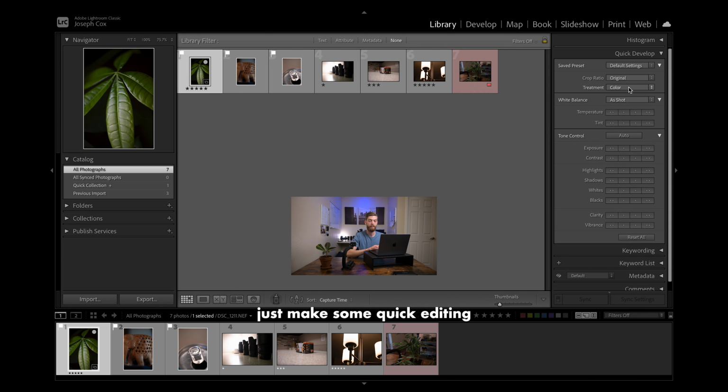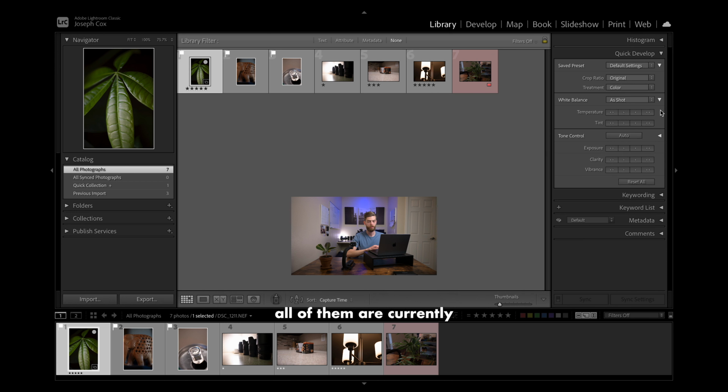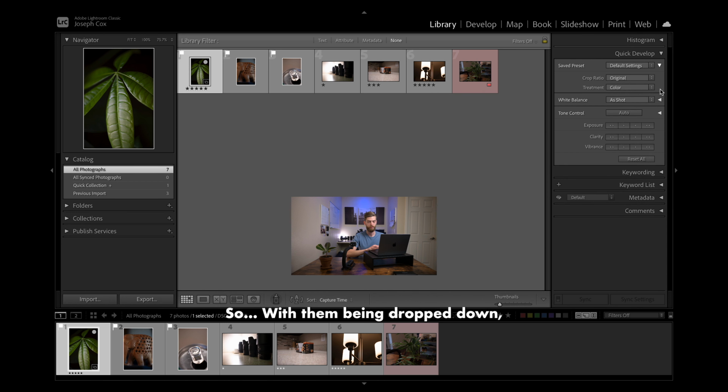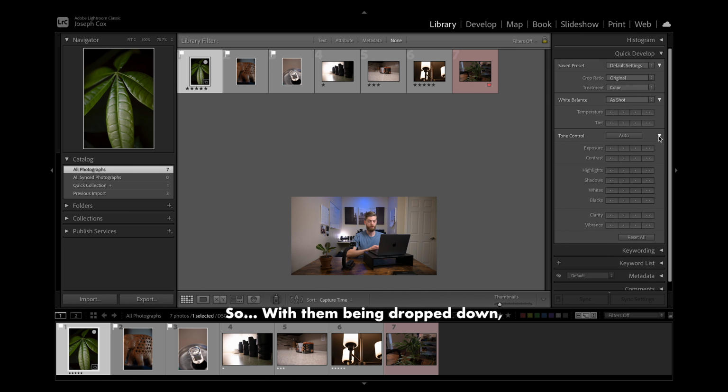Moving down, we do now have quick develop, and quick develop's nice because you can just make some quick editing through the library module. So we do have saved preset, white balance, and tone control. You will notice all of them are currently dropped down. So with them being dropped down, you do have a few more control options, but starting at saved preset, first thing you'll notice is we do have all these